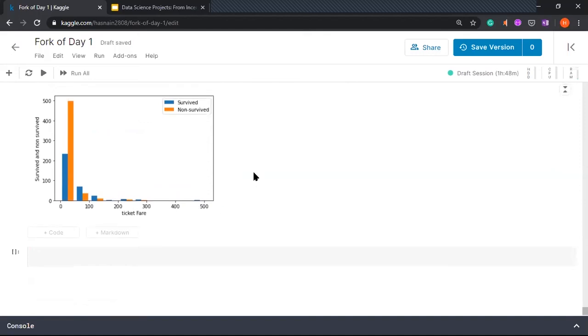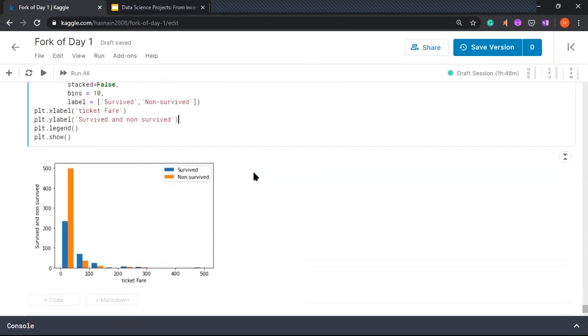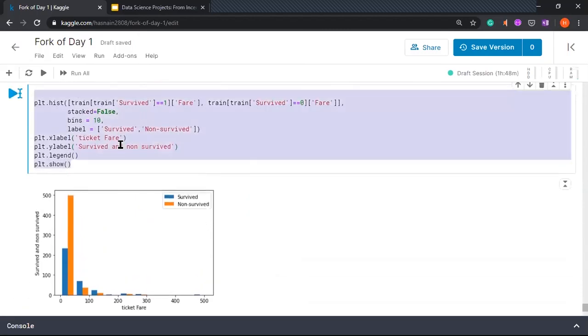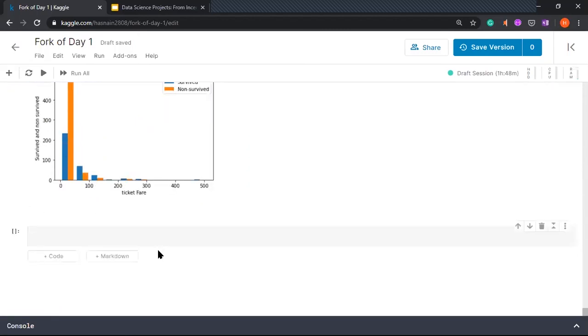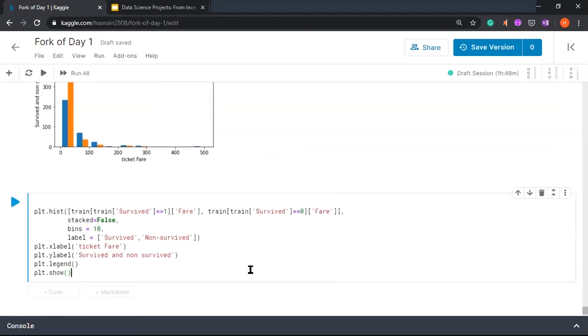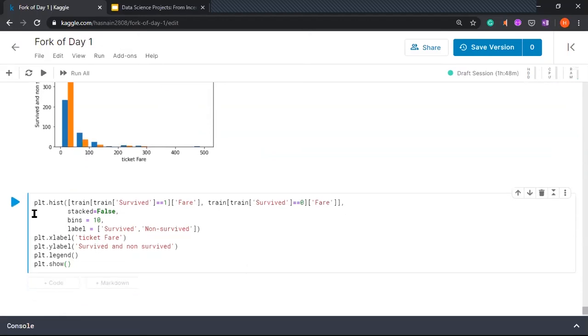Now we'll do another chart, and we'll take the same code. As you can see, with Matplotlib and Python, there's very little code that you usually have to write. What we'll do is convert this fare to age. Now we want to print ages, we want to create a chart from ages. The labels remain the same, and only this thing changes.